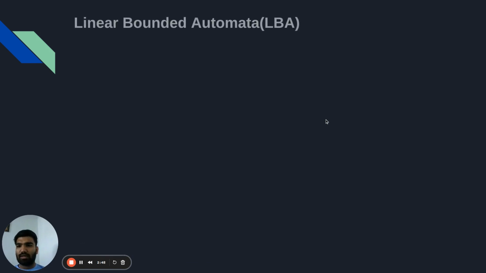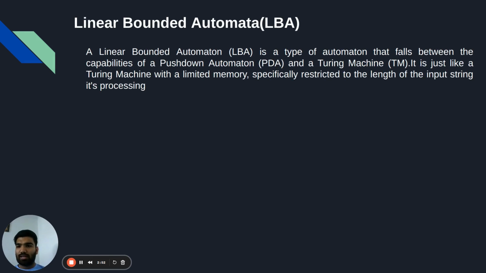Now the last is LBA. LBA stands for linear bounded automata. So what is the linear bounded automata? A linear bounded automaton (LBA) is a type of automaton that falls between the capabilities of a push-down automaton and a Turing machine. It is just like a Turing machine with limited memory, specifically restricted to the length of the input string it's processing. So components of linear bounded automata are similar to the finite automata like Q, sigma, delta,